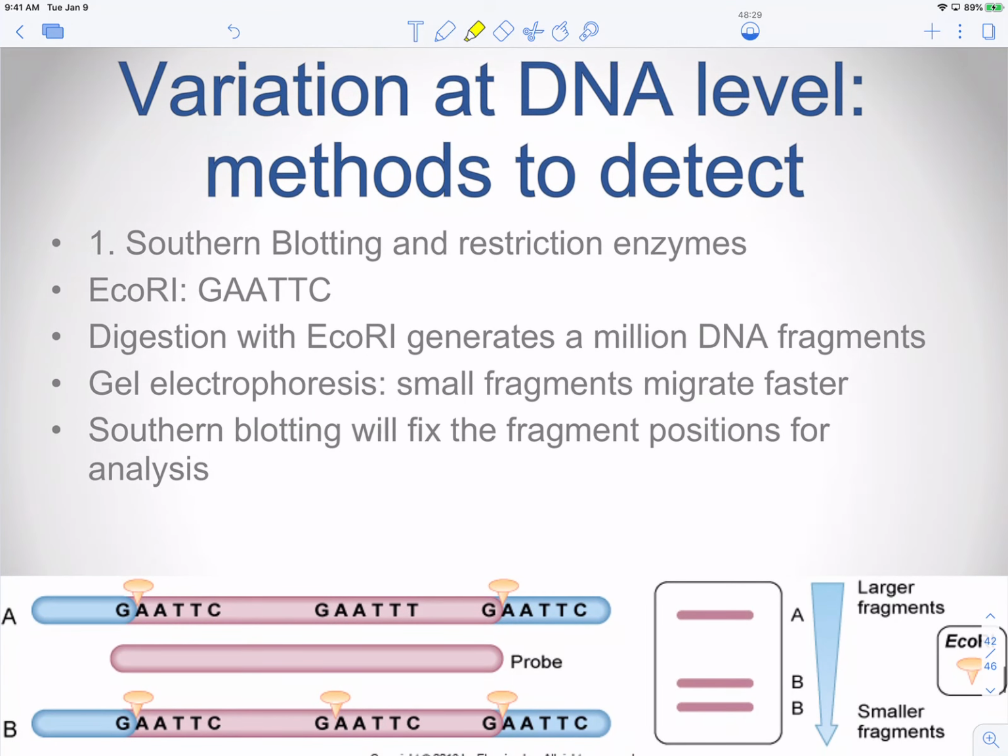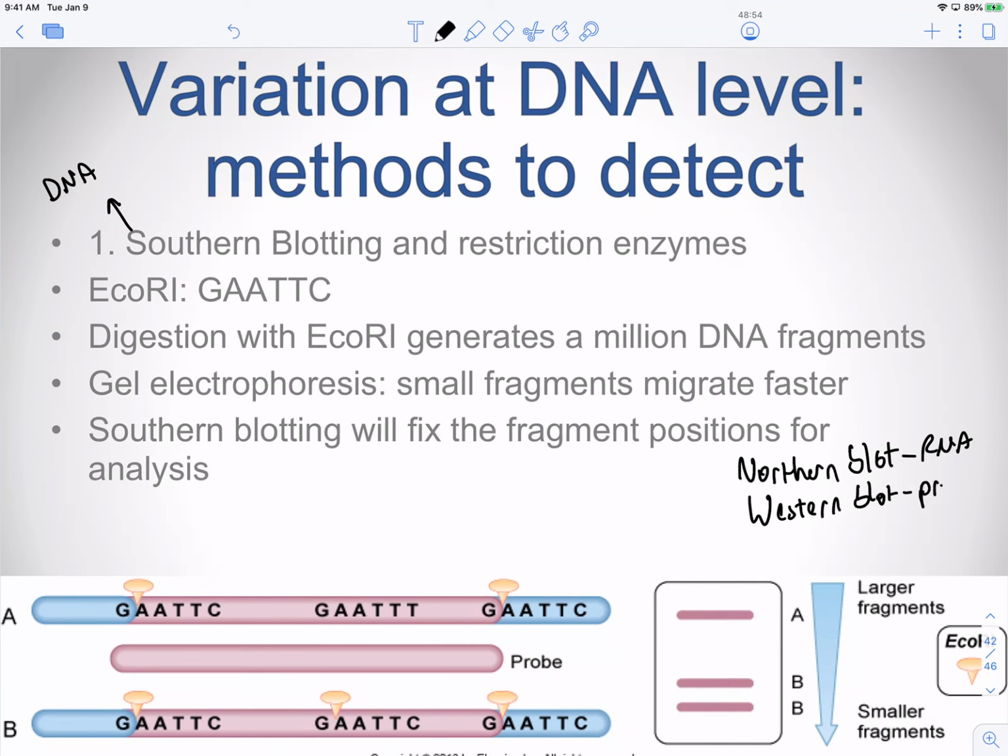So there are some methods to detect variations at the DNA level. One such method is Southern blotting. Southern blotting will measure DNA. There are two other blots just to mention. There's Northern blot, which is RNA, and then there's Western blot,